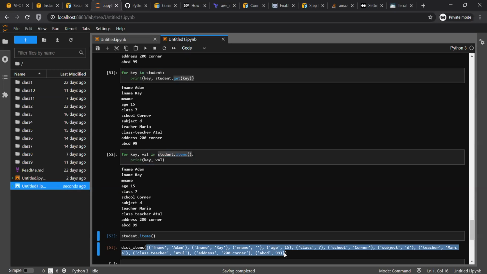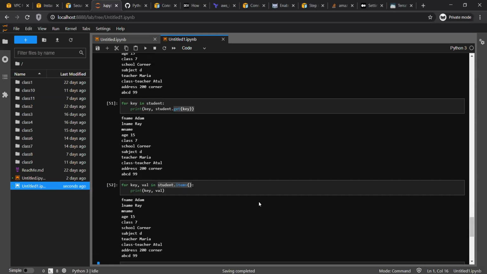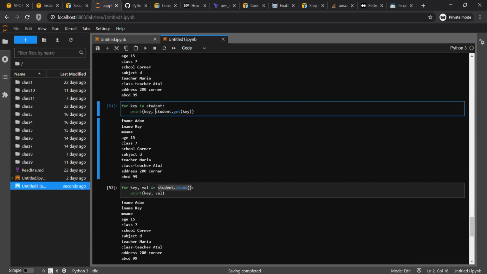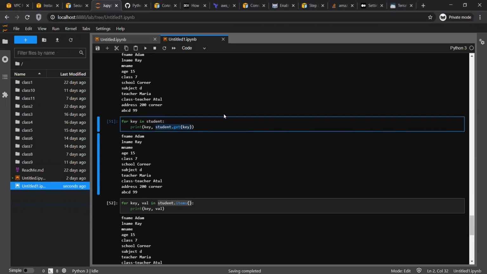So it will use more memory in the system, in the laptop. It will use more memory to store the longer list. But this way is better. Why? Because it will fetch the value at runtime when the loop runs. For is actually a loop kind.